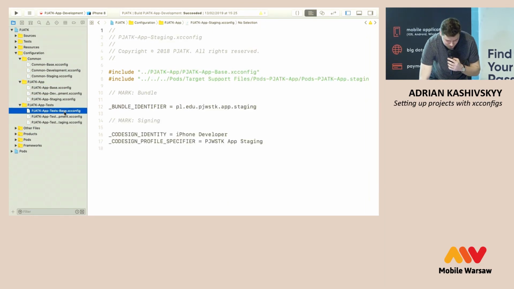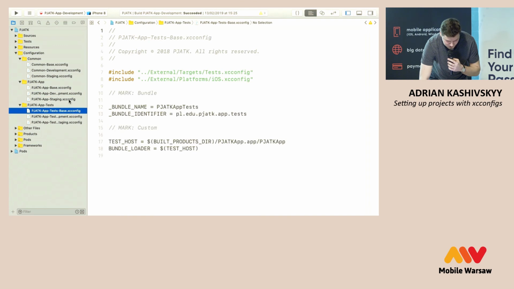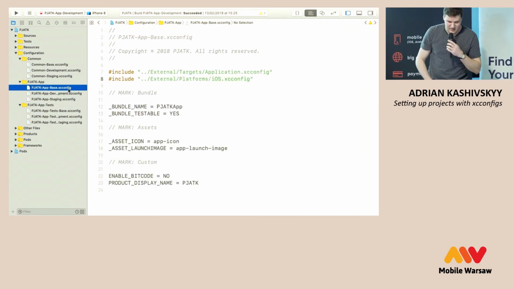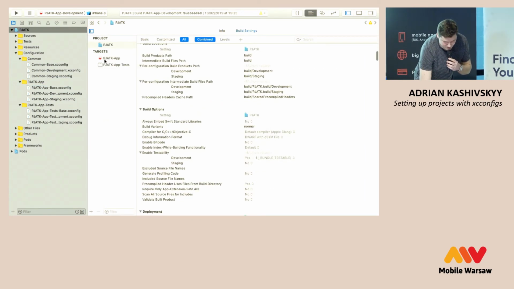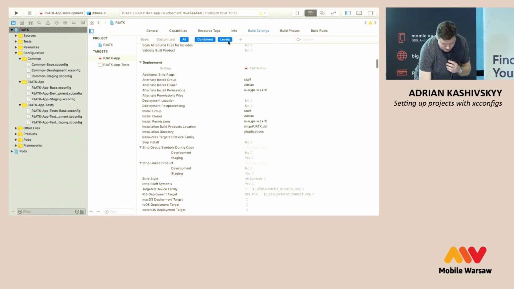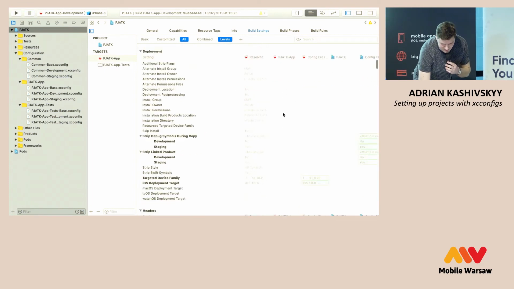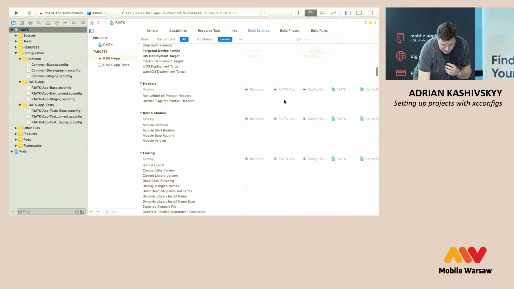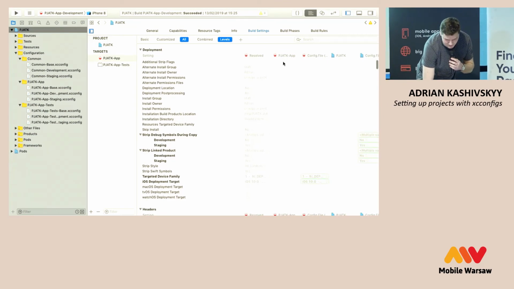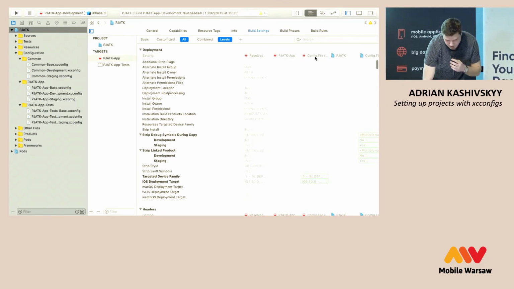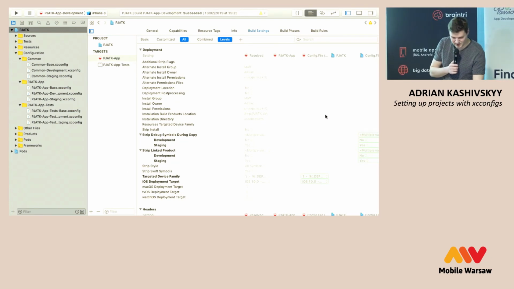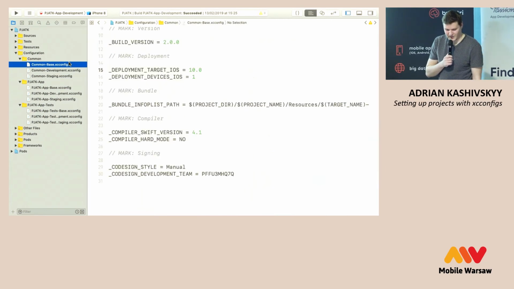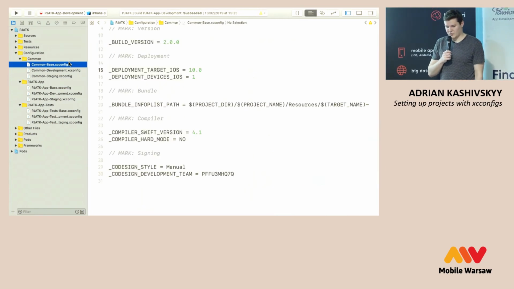I think it's less than 50 lines in total in all these build settings, and yet if you look at the project file here, there is nothing. Let me expand it. There is nothing set even in targets and on the project level. So the second and the fourth column, and this means that if I change a build setting in the xcconfig file, it will not affect the PBX proj file,